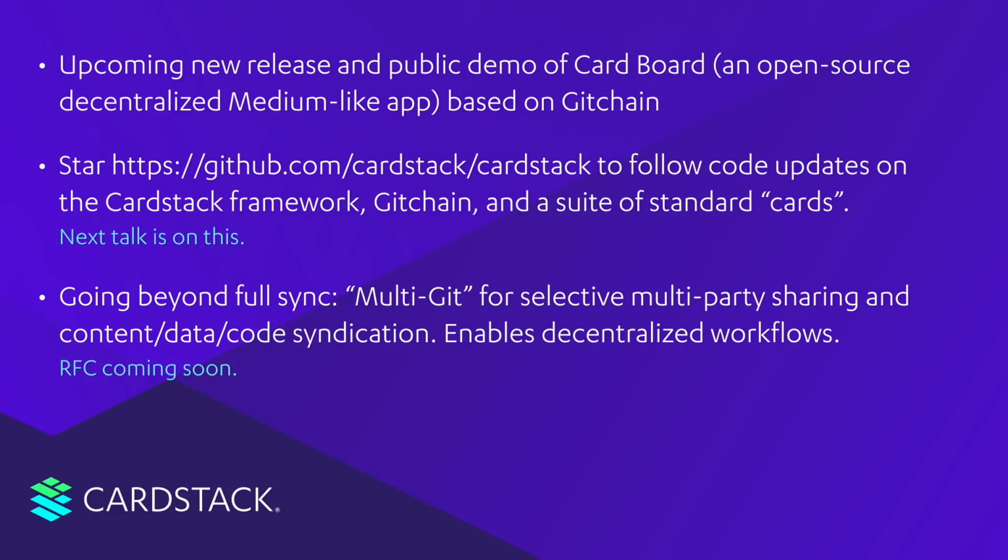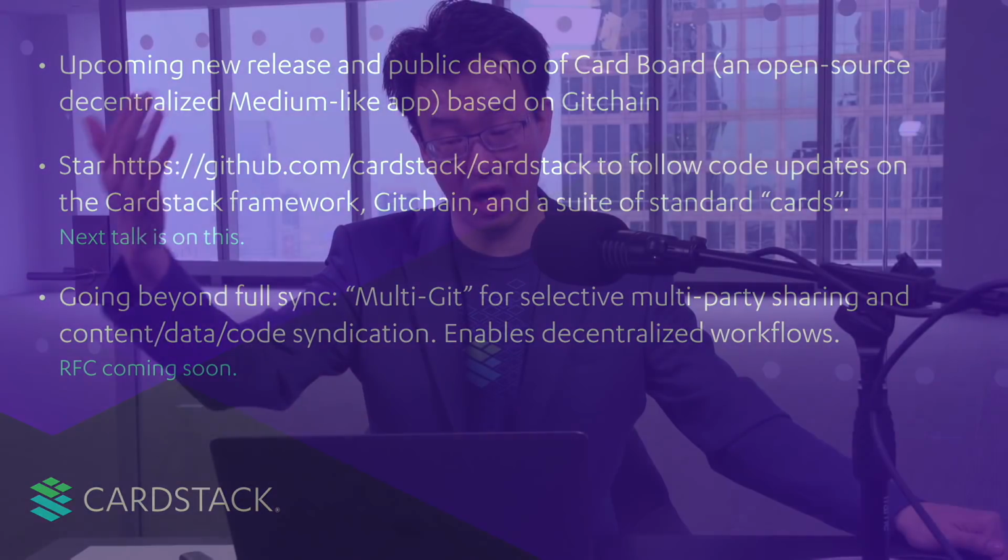Now, obviously, all of them will run Cardstack, so we'll not only speak the protocol of blockchain and Git, but also understand relationships. Oh, I'm sending you my article, but my original file is really, really big, and you can get a low resolution version, but then when you, let's say, pay for my article, you want to go to publication, then you can get the high resolution version from me. These types of selective sharing and selective permissioning across multi-party workflows is what we call multi-Git. And F-Walk, the lead developer, and our teammates are working on a request for comment soon on how that will work. So this will build on top of the work that you've seen in Git.